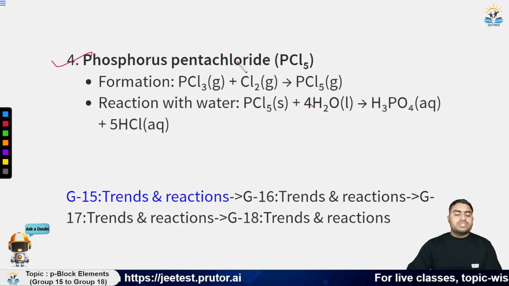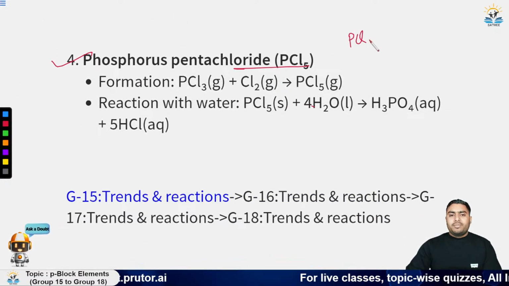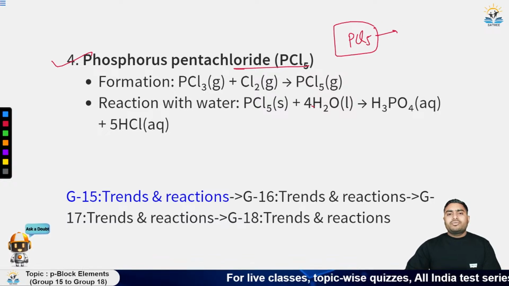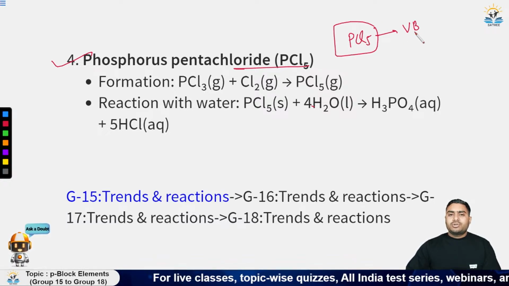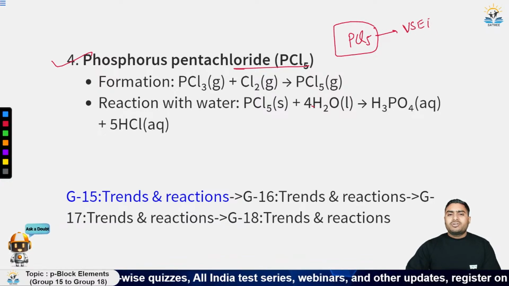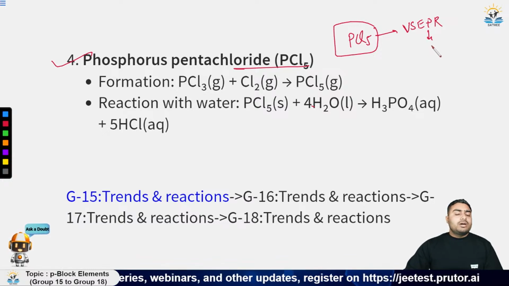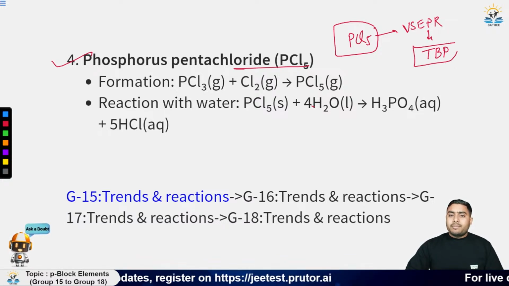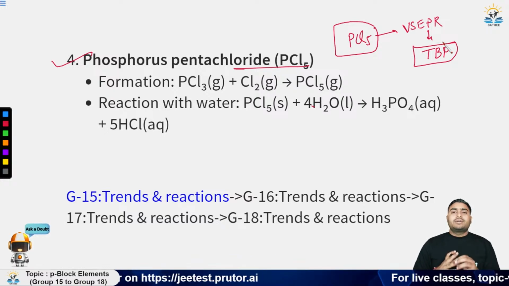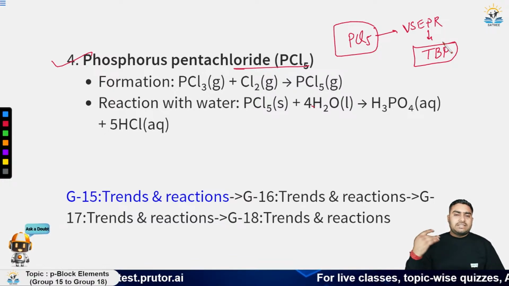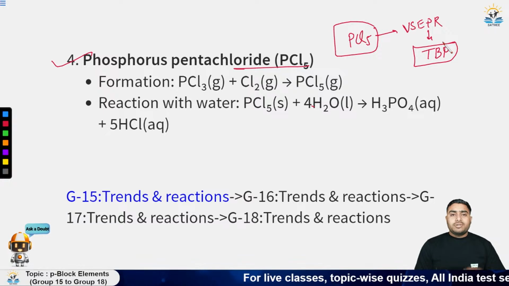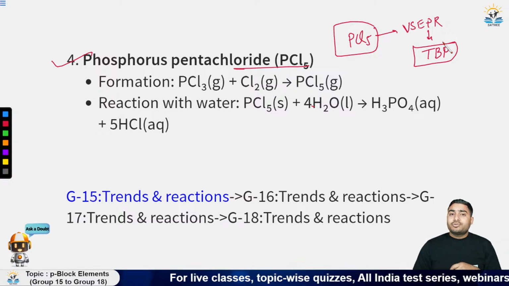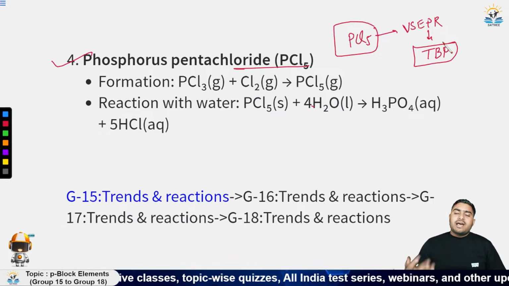Next is phosphorus pentachloride, that means PCl5. You know very well, according to VSEPR theory, the valence shell electron pair repulsion theory, the shape of phosphorus pentachloride will be TBP, trigonal bipyramidal, and the three chlorine atoms are present at what? Equatorial positions, but 2 chlorine are present at axial positions, and the axial bonds are lengthier as compared to equatorial